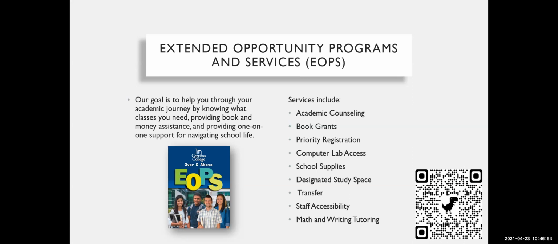If you are interested in the EOPS program, I have a QR code here in the corner, which you could just scan with your phone. It'll take you straight to the page that talks about joining us, and you'll be able to submit your request. You can always just type in EOPS into the Cerritos College search engine, or just Google Cerritos College EOPS, and it'll take you straight to our website. So it doesn't matter if you're not sure if you're eligible, just submit an interest and someone like me is going to reach back out to you and let you know either you're eligible, you're not eligible, what are all the services and what are your next steps.